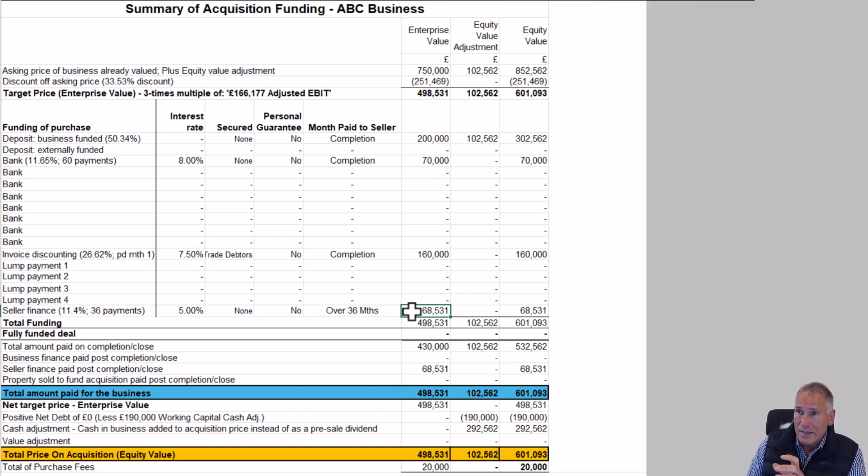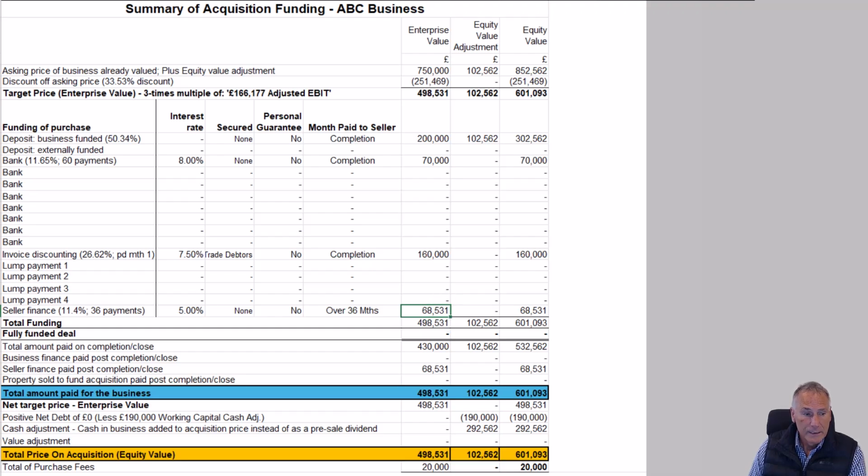And that's far easier than having to go back to the seller and say, well, actually, there was, say, £50,000 that came out of the woodwork, and you've now got to get that back from the seller. And I much prefer having control of what you have to pay the seller. But in any event, what I wanted to demonstrate is that if, for example, they didn't want any seller financing